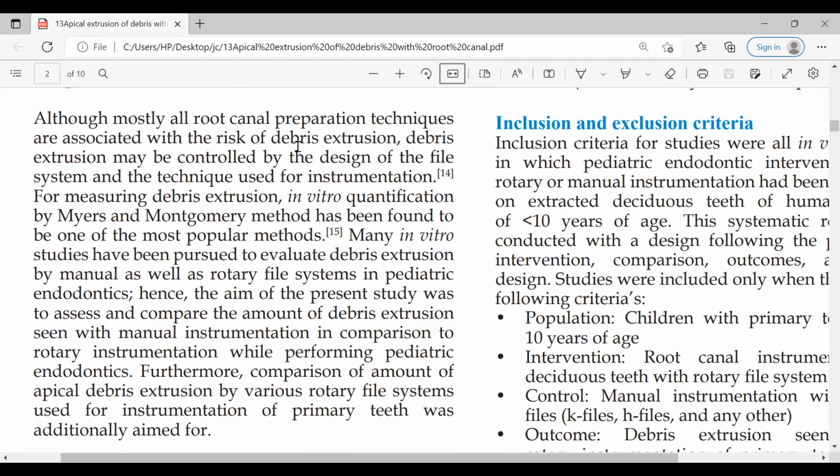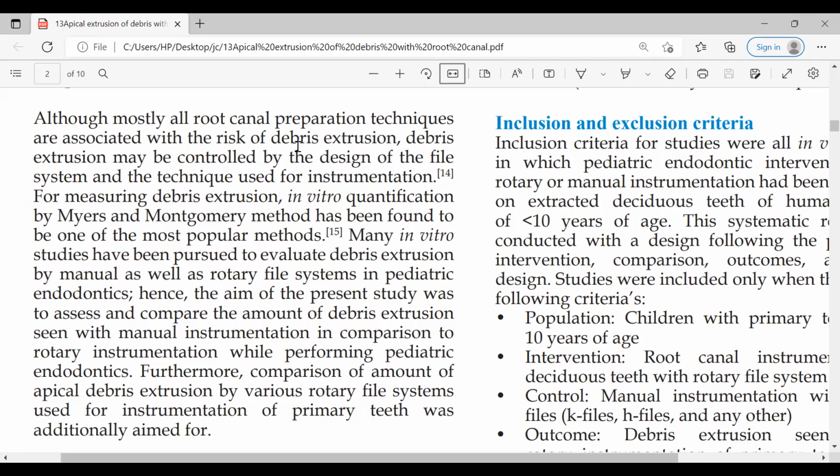Many in vivo studies have been pursued to evaluate debris extrusion by manual as well as rotary file systems in pediatric endodontics. Hence, the aim of the present study was to assess and compare the amount of debris extrusion seen while using manual instrumentation in comparison to rotary instrumentation while performing pediatric endodontics.